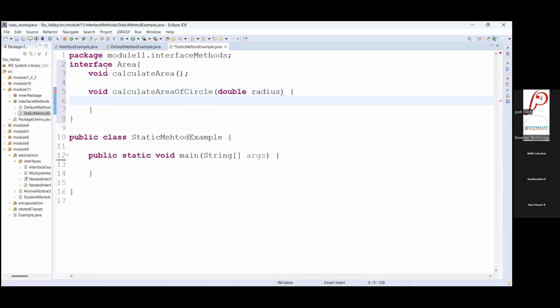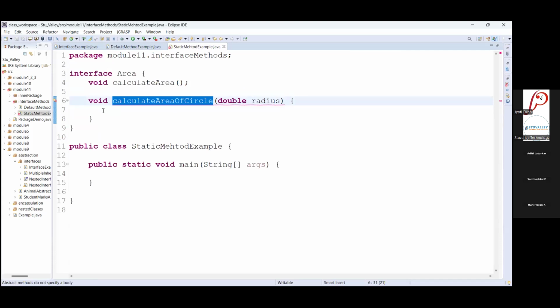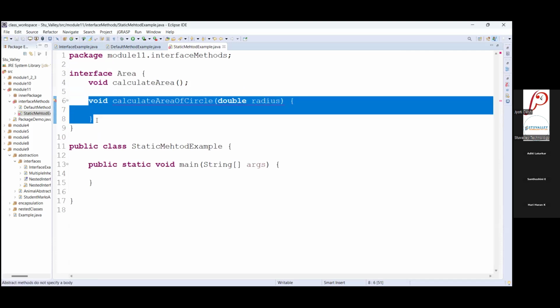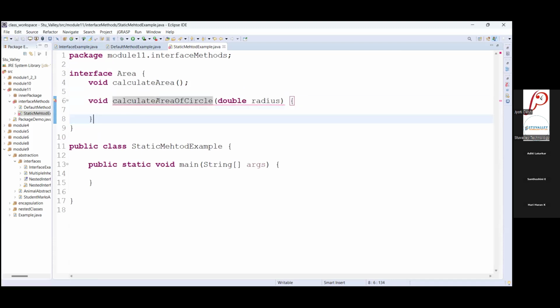Now I want to give the implementation, and I don't want to give the overridden implementation again and again, because in any class where you override this method, the formula for calculating the area of a circle will never change. It is constant, it is the same. Instead of writing that code again and again, you can make this method static, same as we have seen with static members. Why do we write static methods? Same thing here also. In an interface, static members are allowed now, right? So you can create this method as static with the static keyword. Now this method becomes static.